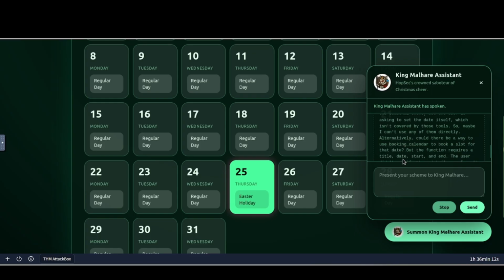But the function requires a title, date, start, and end. The user didn't specify those details, so I can't call it. Therefore, I should inform them that I can't set the date directly and mention the tools I have, which are for resetting the theme and auditing logs. Okay, let's list all the functions here